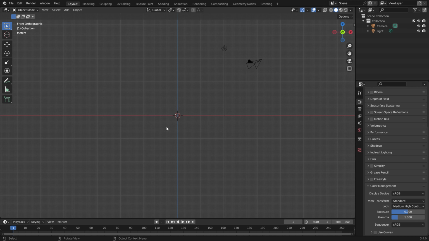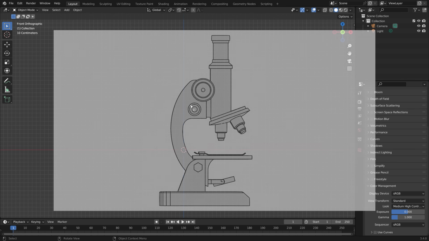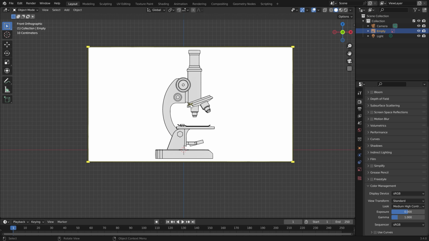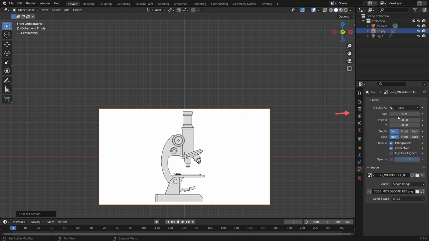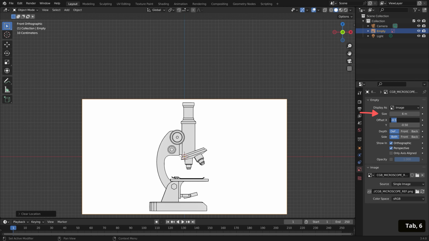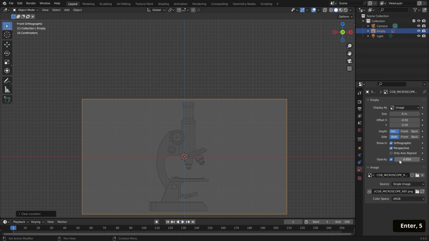Now, when modeling anything, and something a bit more detailed like a microscope, it's really helpful to have reference. So here I have a side profile that we can use as a guide, and this will be available in the link below. To bring this into Blender, you can simply drag the file into the 3D viewport, and it'll import as an empty. I want to clear any transformations on it, so with it selected, hit Alt-G to clear its position. Then let's go to the Object Data Properties tab and increase the size a bit here to about 6 meters, and then toggle opacity and lower it to about 0.05 so it's transparent.